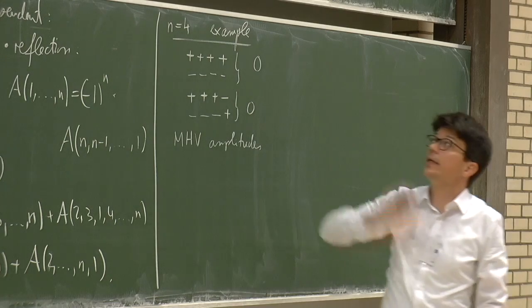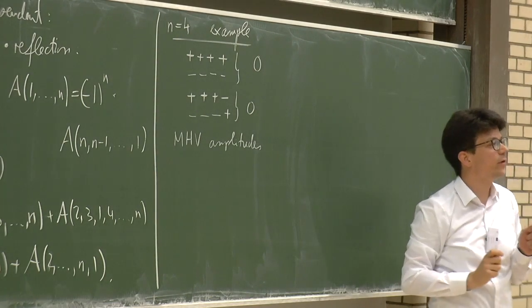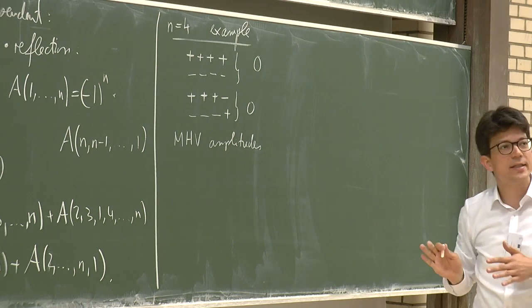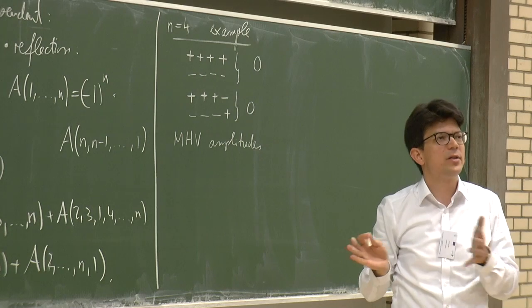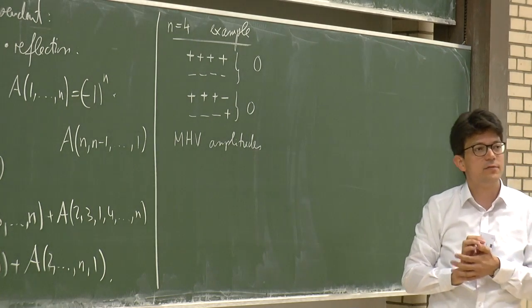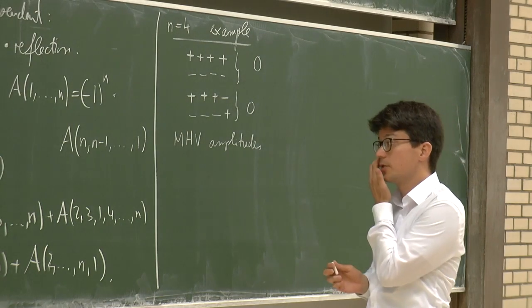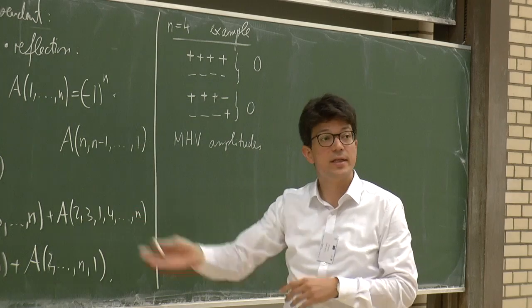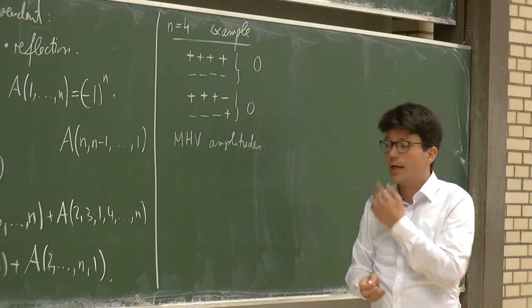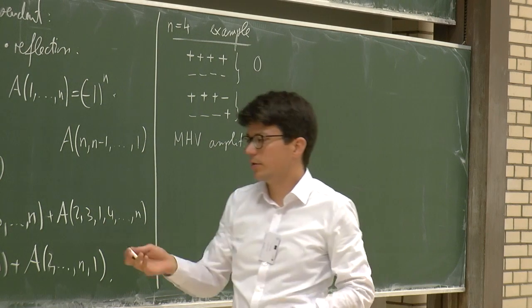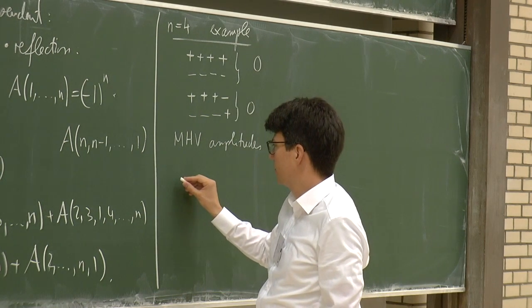Now for both, I already gave you a formula for arbitrary locations of the negative helicity gluons. Now it turns out that through these identities, this is actually even too much information. You wouldn't have to know all of this. It's sufficient to know just one of these MHV amplitudes, thanks to the identities that we have here. This is something you can convince yourself. For example,